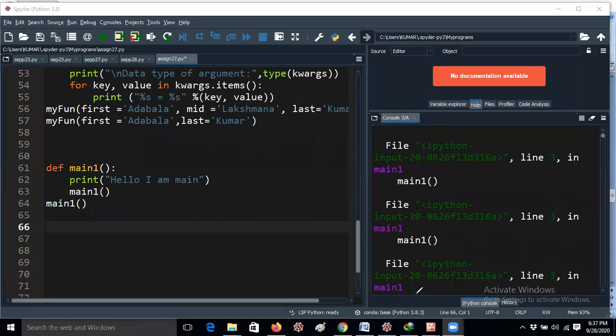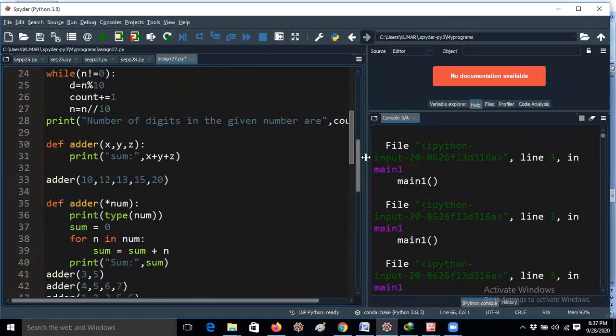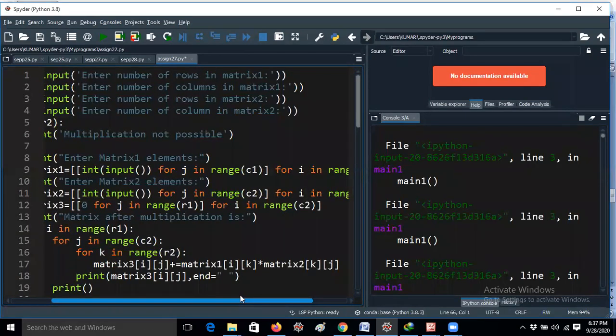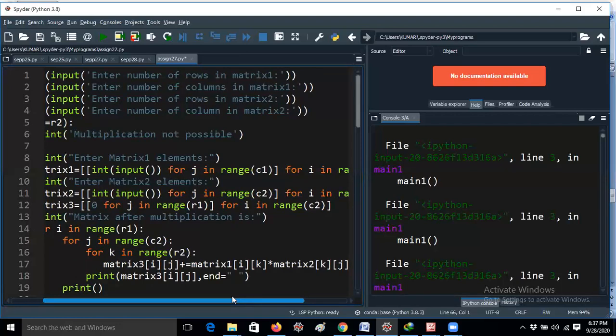Yeah, tell me your question. Some student is asking, sir, for matrix input in the j for loop, we have to take the range of C2, right? Okay, so I think I copied from one of the students. One minute, guys. If there is any mistake, I will change it. It is saying R1 C2, C2 R1.